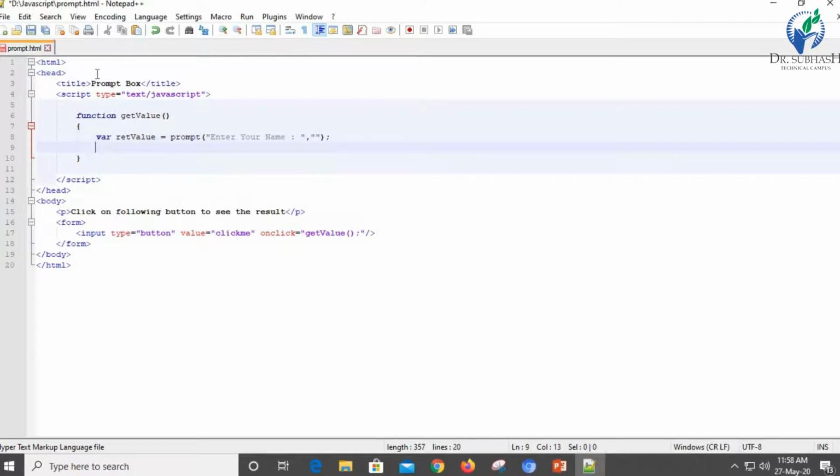Now, as I told you, when you click on OK button, it will return the value you have entered in the text box. If you click on the cancel button, then it will return null.